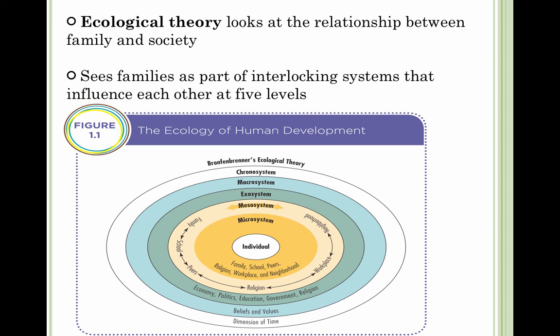The mesosystem is made up of a relationship between two or more groups of which the individual is a member. So for children, for example, the mesosystem might consist of the relationship between parents and the daycare center. For parents, the mesosystem might include the relationship between family and the workplace, because these are two larger systems in which we spend time and are interacting with.